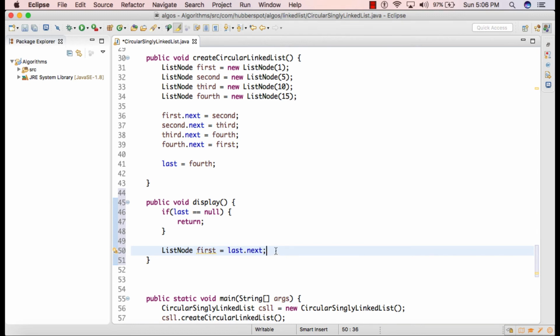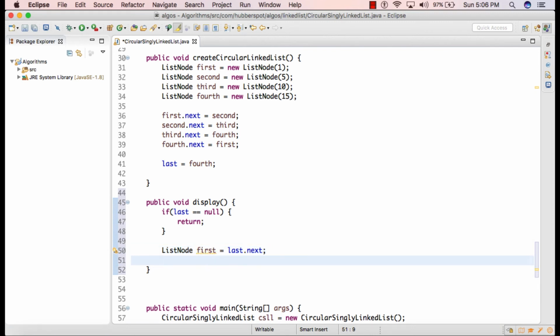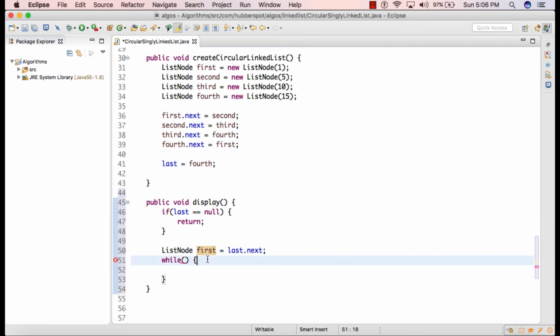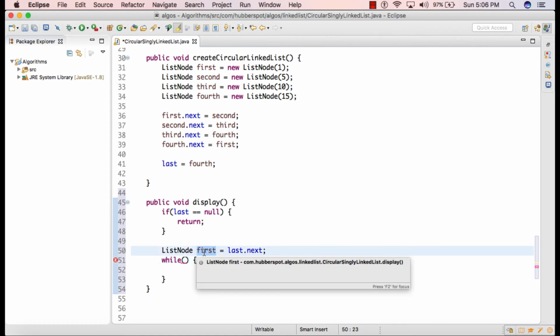We are doing this because we need to traverse the circular singly linked list from first position to the last position and we know that last dot next points to first. So we are simply creating a list node by name first and we are assigning the value of last dot next to it. And then we'll create a while loop. So inside this while loop, we will traverse each and every node of circular singly linked list using this first node.